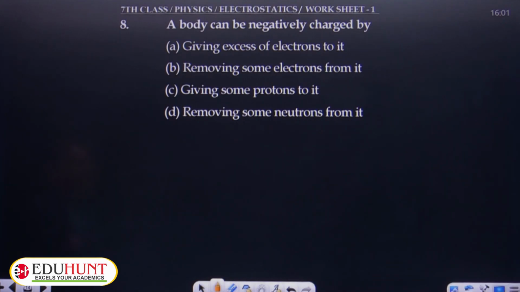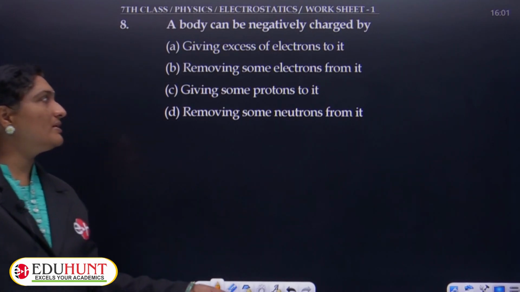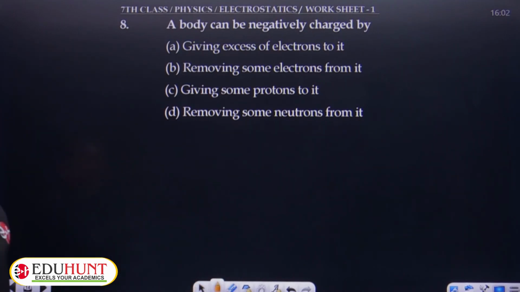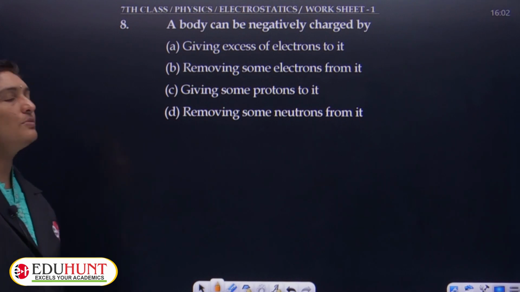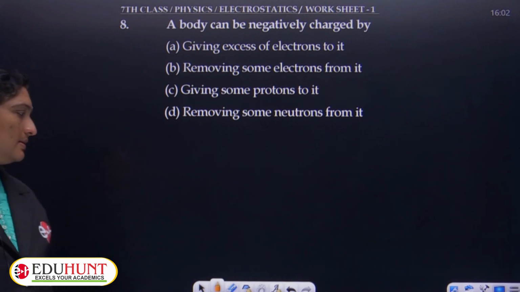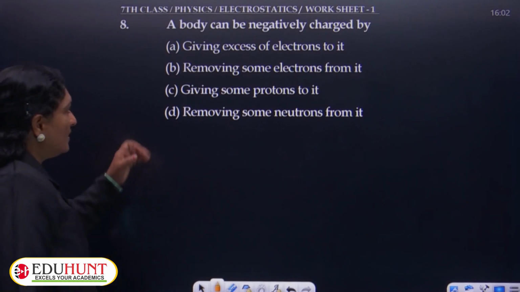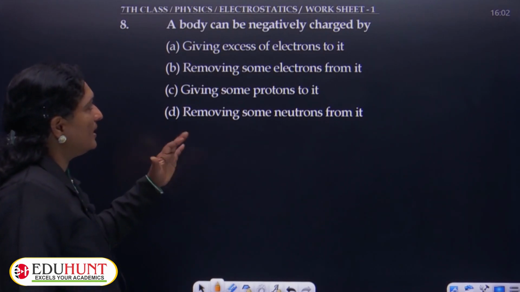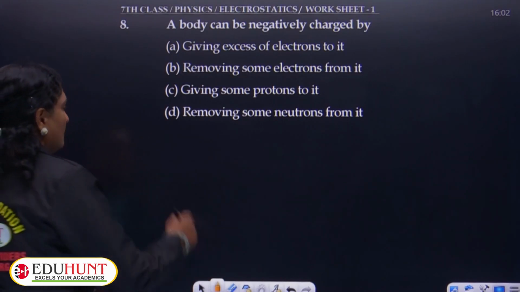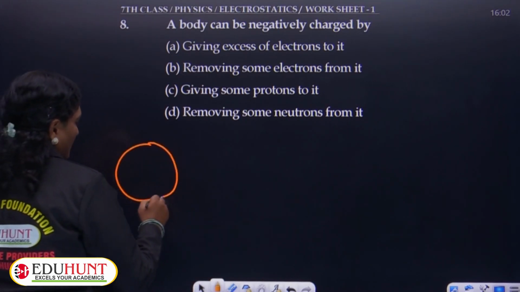Question number 8. A body can be negatively charged by giving excess of electrons to it, removing some electrons from it, giving some protons to it, or removing some neutrons from it. Let us discuss in detail. So first one, whenever a body is given excess electrons, first of all, let us consider a neutral charged